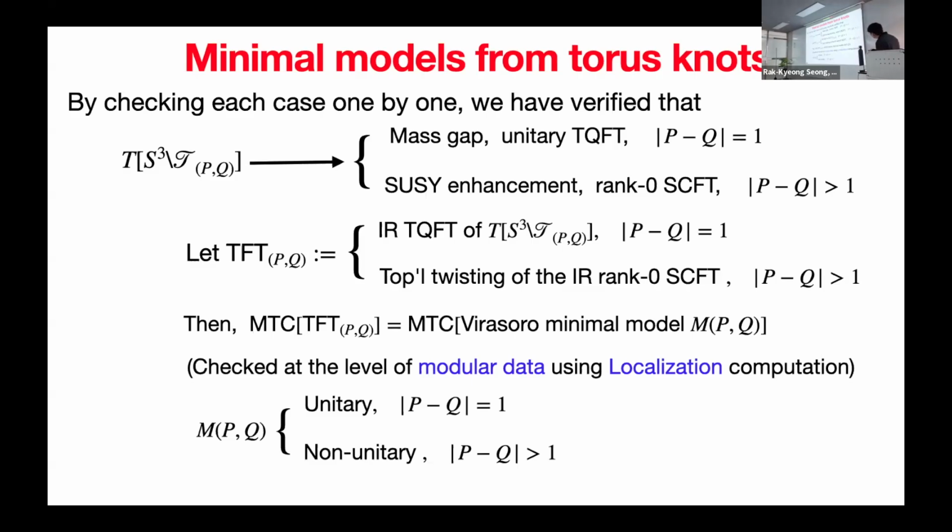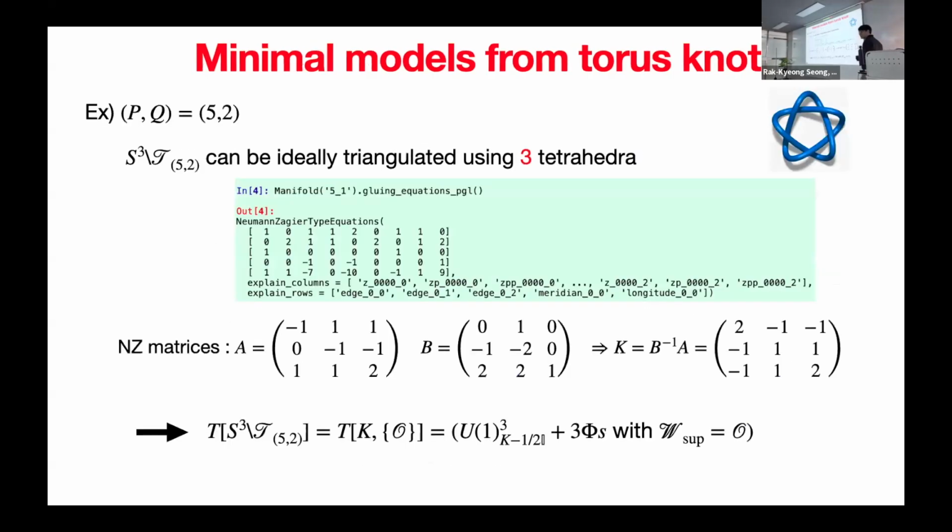And now we give a very concrete example. This is my almost last slide. We are considering the simplest non-unitary Virasoro minimal model, which is M(2,5), and the corresponding torus knot is given by this one. This torus knot is known to be triangulated by three tetrahedra. I don't know how to draw this three-tetrahedra gluing, but there's very nice mathematical